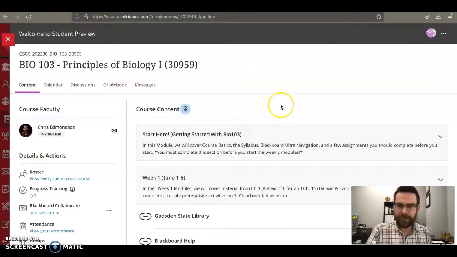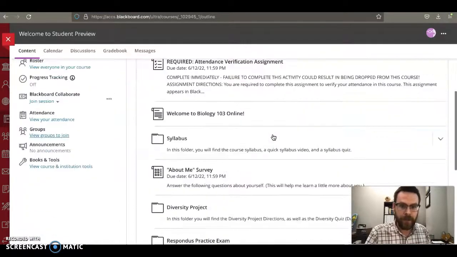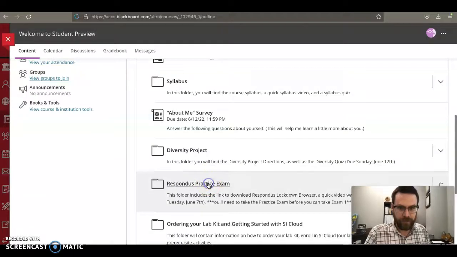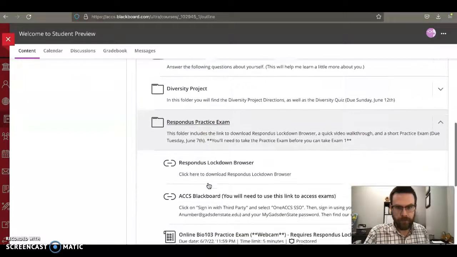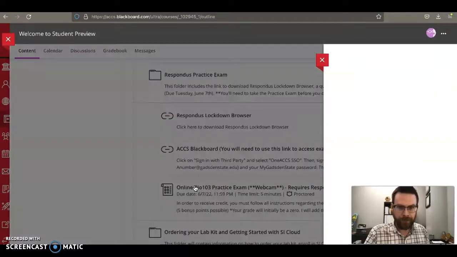This is something they're trying to fix, so maybe halfway through the semester we won't have to do all this anymore. But once you are on accs.blackboard.com, once you click on that link and you sign in, you're going to be able to go to the test, open the exam,